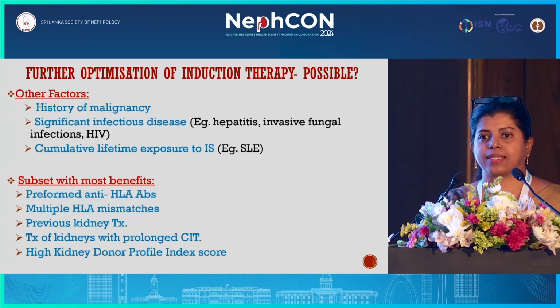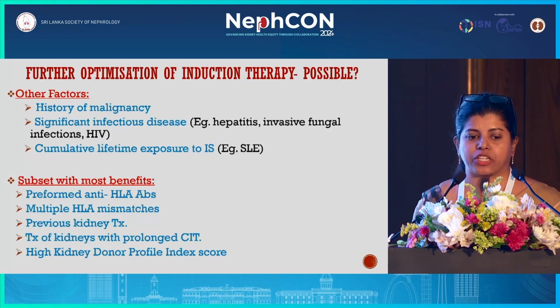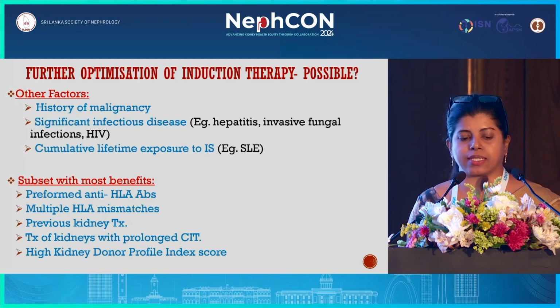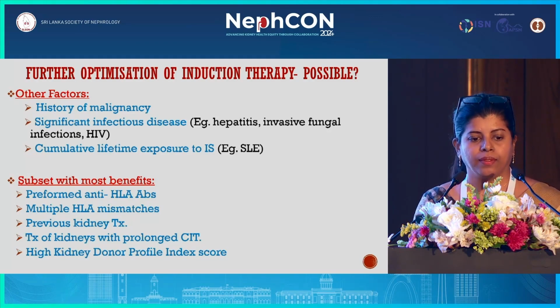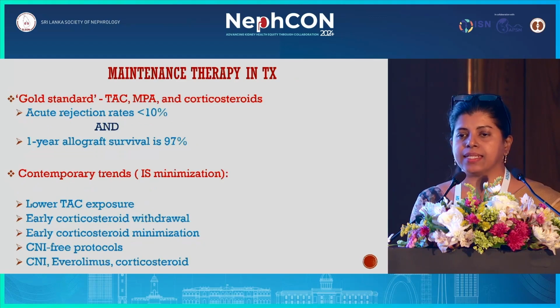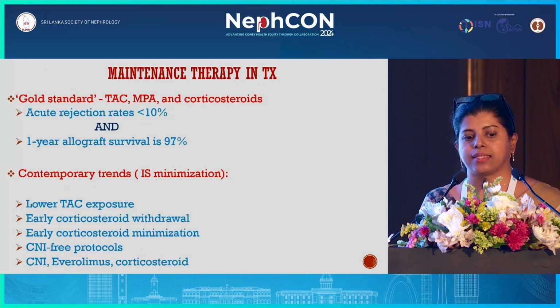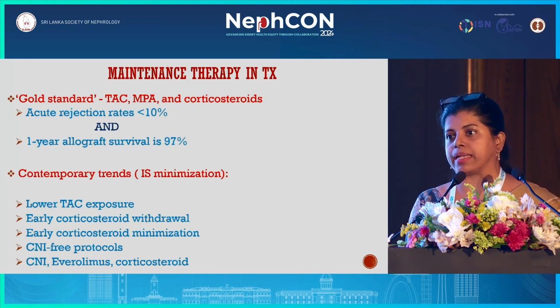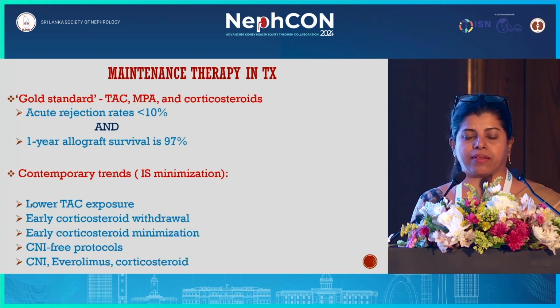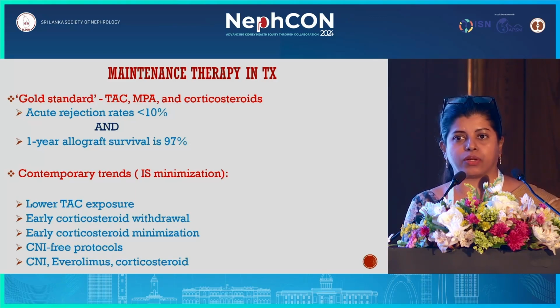The other factors that should be considered to optimize induction therapy are history of malignancies, significant infectious diseases like hepatitis and retroviral infections, and cumulative lifetime exposure to immunosuppression in conditions like SLE. Maintenance therapy in transplant. Again here, the gold standard maintenance therapy is tacrolimus, mycophenolate, and corticosteroids. That's because in several studies, it's shown that the acute rejection rates are minimal and there is a good 1-year